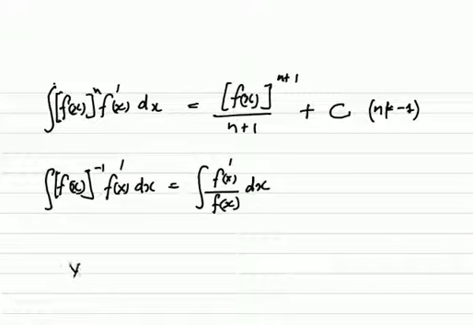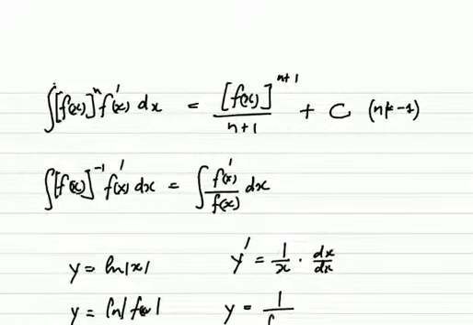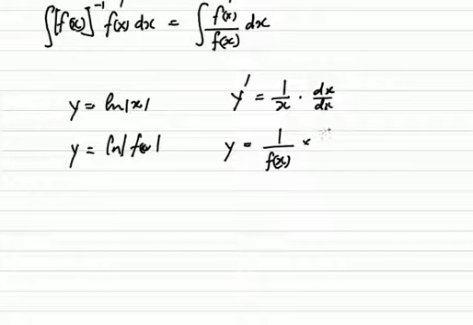Remember, if y equals ln of x, we arrived at the fact that the derivative of this is equal to 1 over x multiplied by the derivative of the argument, which in general, if y is equal to ln of f of x, you can put absolute value there, the derivative will be 1 over the argument, which is 1 over f of x, multiplied by the derivative of the argument. In this case, you can see that this situation is creating what we have under our integral sign